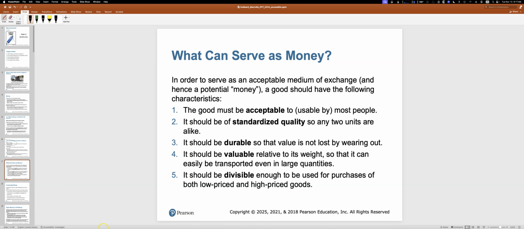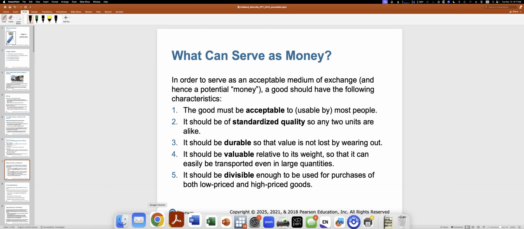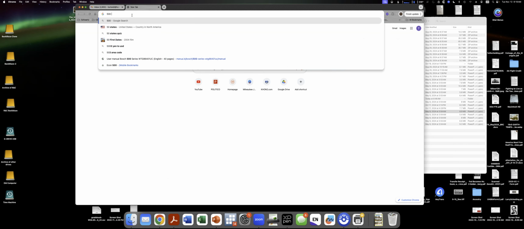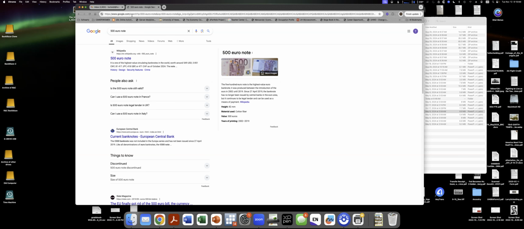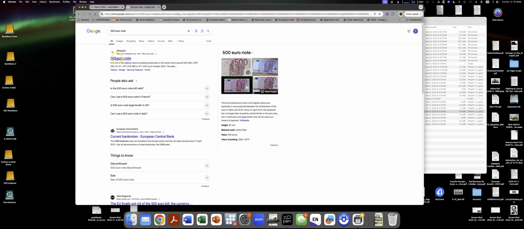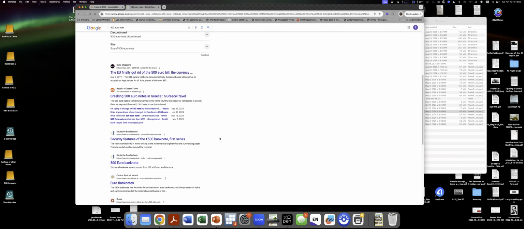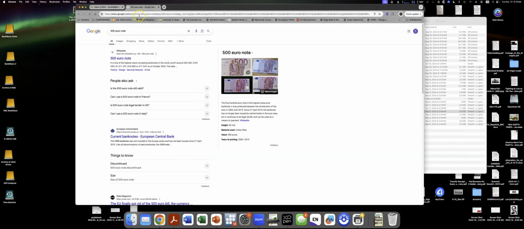I don't think it still exists. But if we were running an illegal business, there was a 500 euro note. And that was actually more valuable. It hasn't been issued since April 27th, 2019. But you can continue to use it, but they're not making more of them. Darn it. Well, it'll be harder to do our illegal business. It does make me wonder, though.